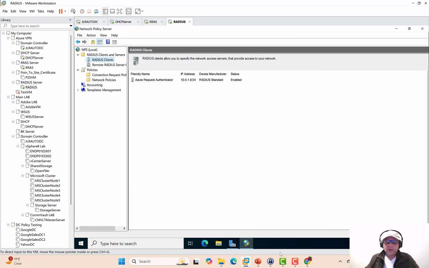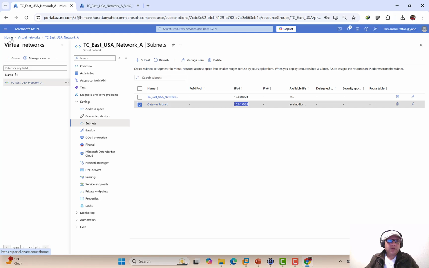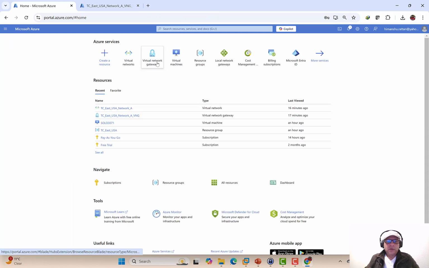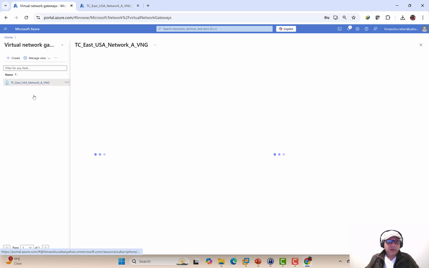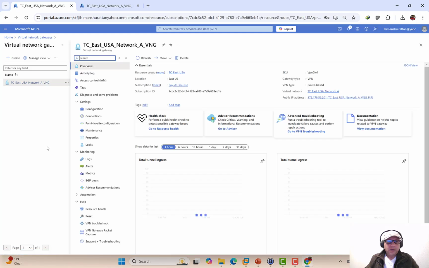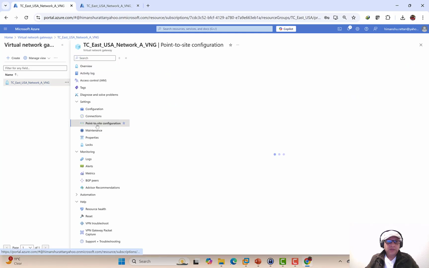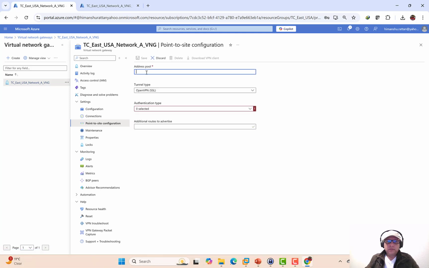Now we will go to our Azure portal and we will go to virtual network gateways, and again we will go to point to site configuration here and we will click on configure now. Now we will provide the IP address range of